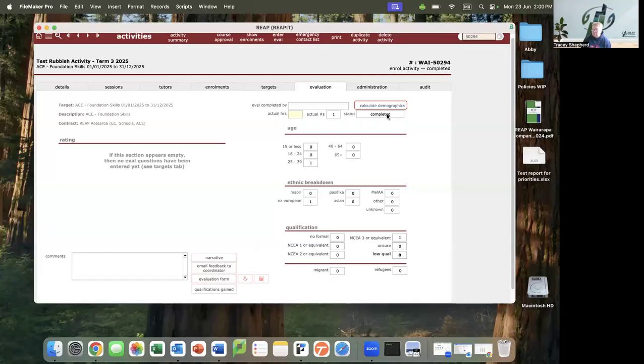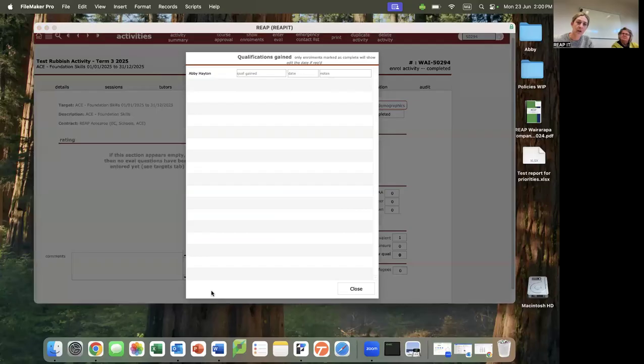Okay. Well, the one thing we did miss was actually adding the qualifications gained. So if the activity did have qualifications that were a result of the activity, this was where you also added those. So as a result of this activity, I gained my